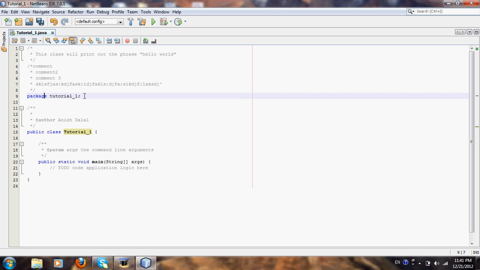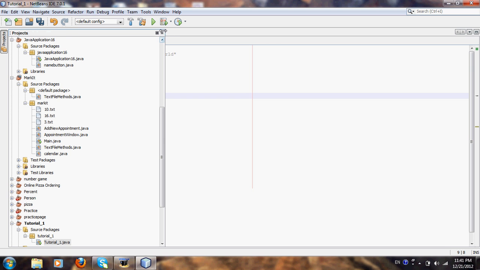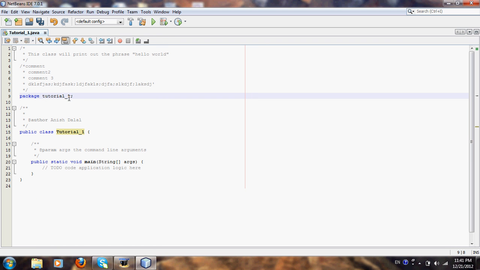Next thing you see here is this package line, and the package is this thing with Java where it takes a bunch of classes, which you see over here, and it consolidates them so a user can easily recognize what classes belong to what. A package comes in handy, and you don't ever need to worry about it when you're programming, really, other than to make sure that you're running the right project. So you can ignore it for now, and we'll discuss it in later videos, but for now all you need to know is that it's there, and it represents the name you give it,